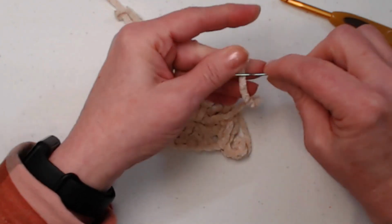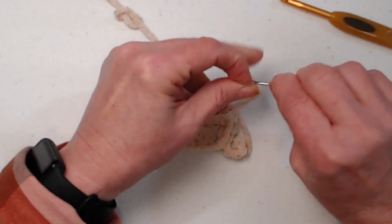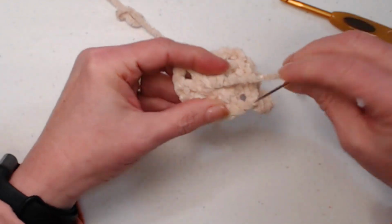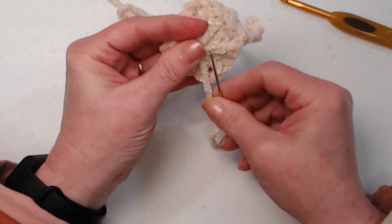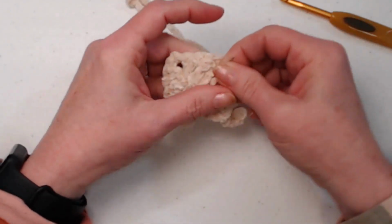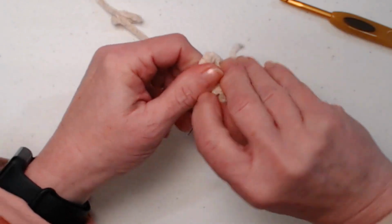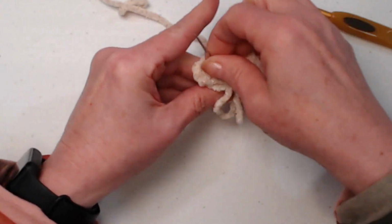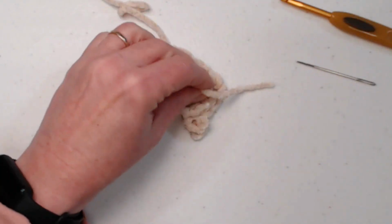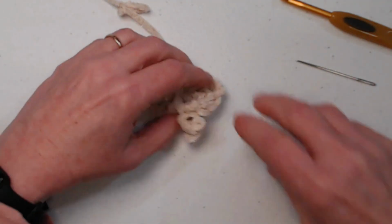A little harder to thread that needle with this fuzzy yarn. There we go. And we'll just weave this around so that it stays put. We want our hole to stay closed. All right. Clip. All right, so